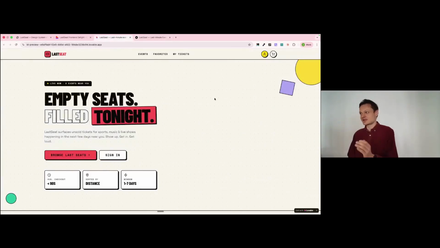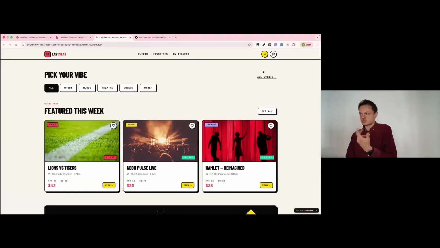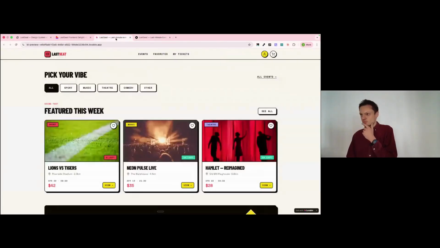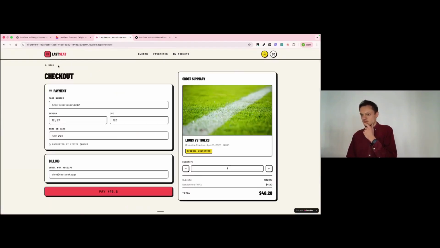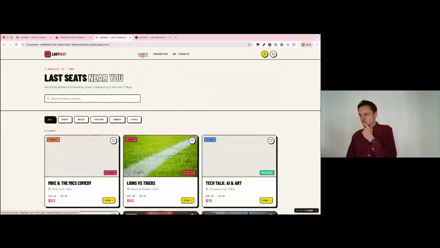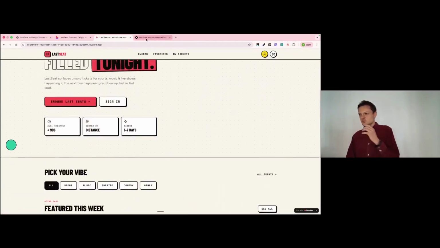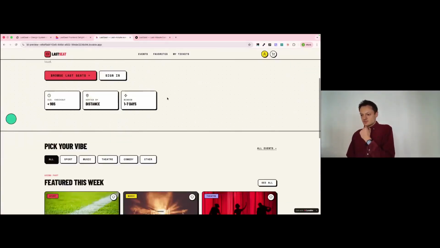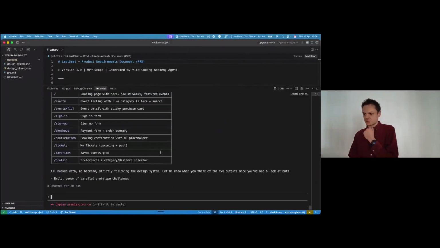And now we have option A via Lovable, which obviously provides the same overall feel. You see that there's a small difference here between the buttons. And I can select the various things here. What I feel is a little bit less rendered is the overall user flow. So I have a website, then I sign in, then I have access to the events, various event tickets, etc. But overall it looks good. And now that